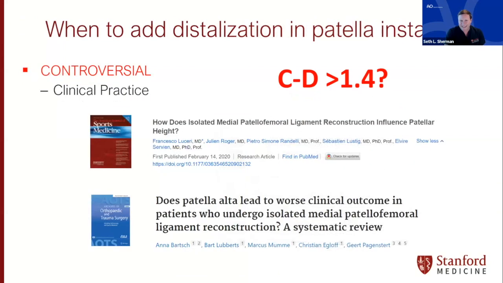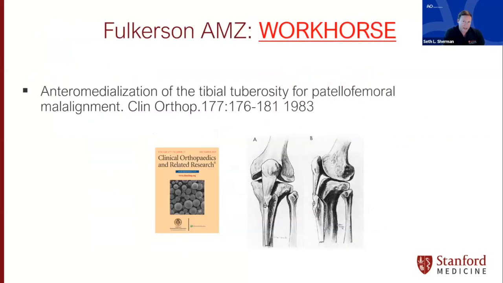However, when we look at clinical studies and contemporary thinking, most of us are not pulling the trigger on Alta until the Caton-Deschamps is at or above 1.4. And we can discuss this further as far as what our thresholds are and whether they're moving higher or lower, and when and why. It's an important point to note that for AMZs, the Fulkerson osteotomy described in '83 is